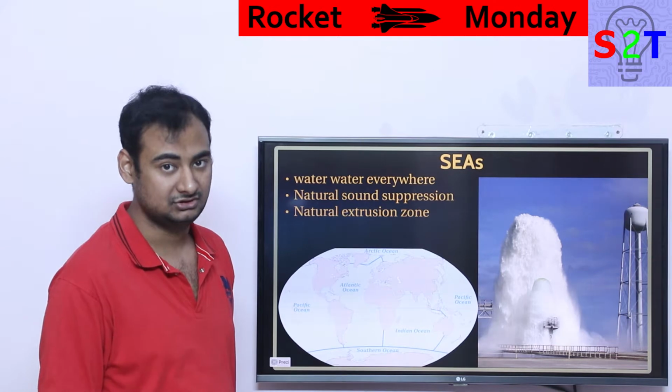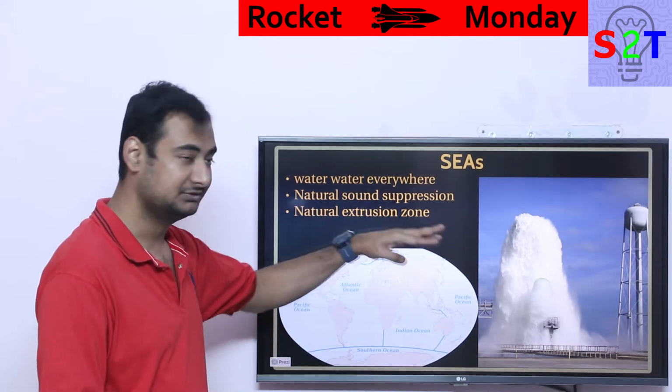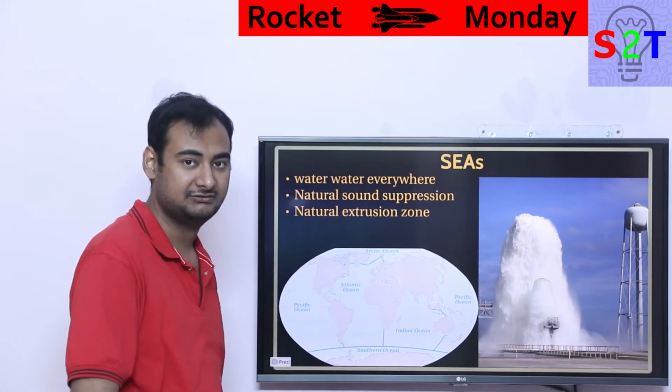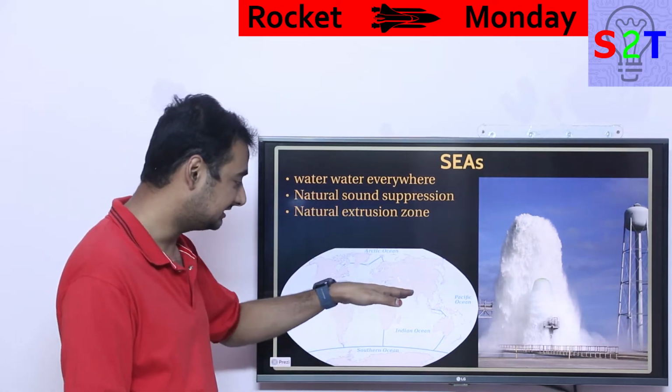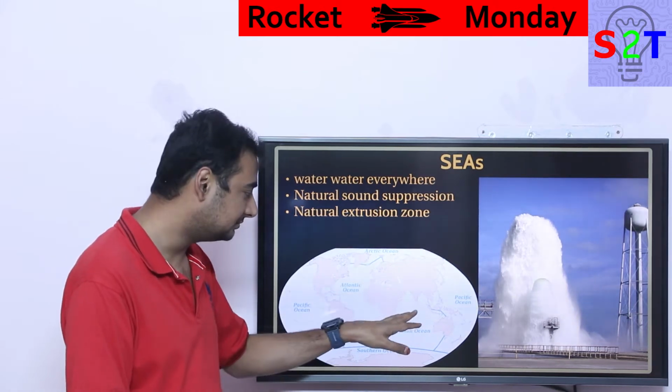Atmosphere will not act as a good shield at that point in time, so they have to only launch some retrograde ones. Most of them have to be launched this way because sea is acting as a buffer. What's a better buffer than the sea itself? Like, let's say you go in the middle of the Indian Ocean, nothing is there in any direction, or just below us, the equator,